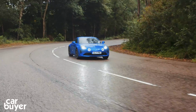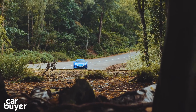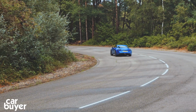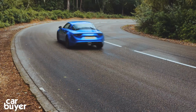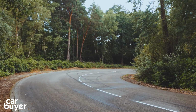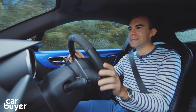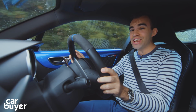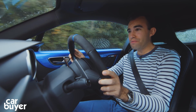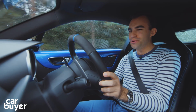But at just 1100 kilograms, this is a very light car, and Alpine's hardcore, ultra-enthusiastic petrolhead engineers have set out to make this the most sophisticated and fun car in this £50,000 sports car bracket. It's a tough ask, isn't it? And you can't help but think that Alpine's engineers can't possibly match, let alone beat, the Porsche Cayman. Well, if you think that, you're in for a bit of a surprise, because this car is absolutely